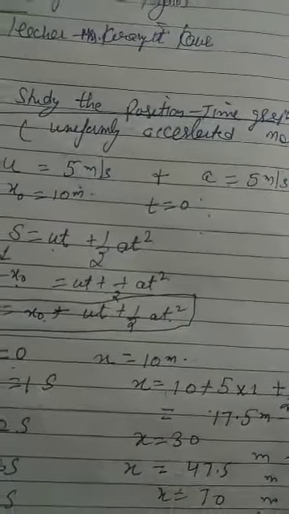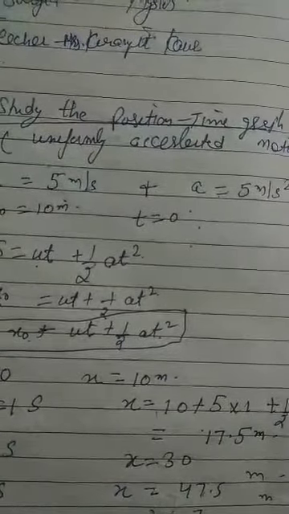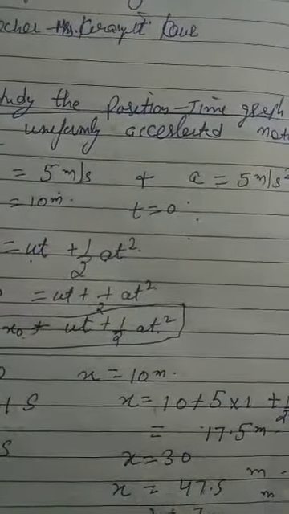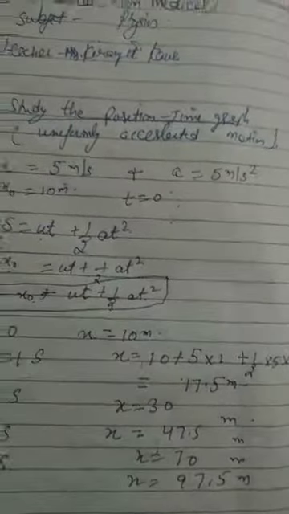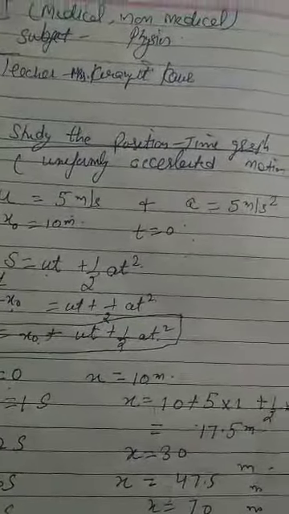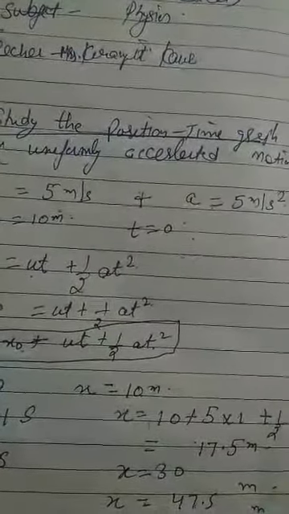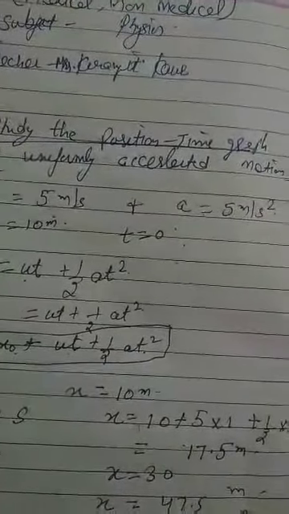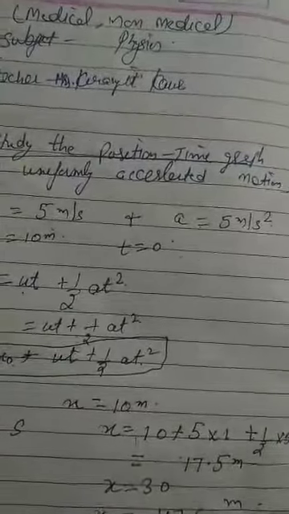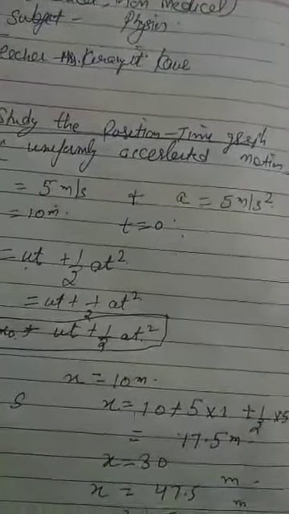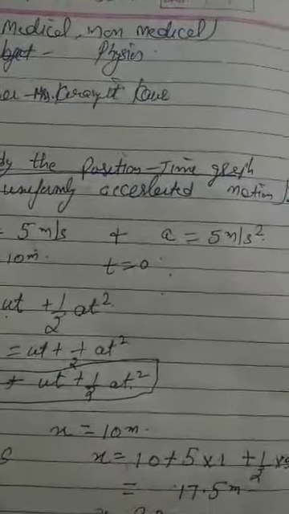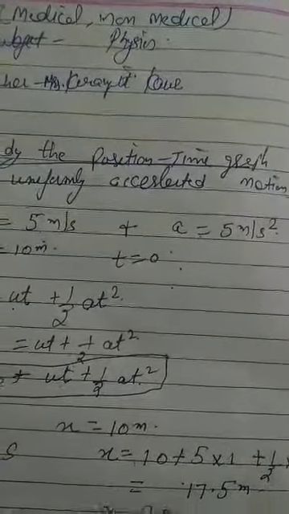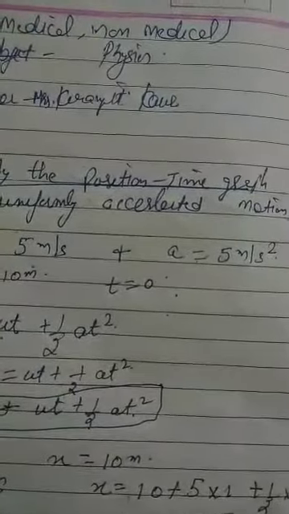Here the x is 10, like here. First of all, the first point will be here, and second at 1, it is 17.5, near about it will be here. If you plot on graph paper, it will be a better result. For t is equal to 2, it will be 30, means here, and for t is equal to 3, it will be 47.5, like here. Then for 4, it will be 70. Then for 5, it will be 97.5, here about. So if we join all these points, clear, this graph will be like this.